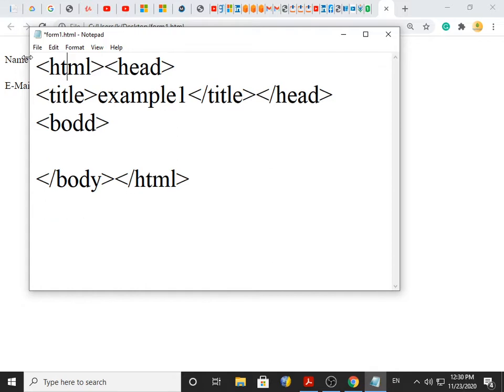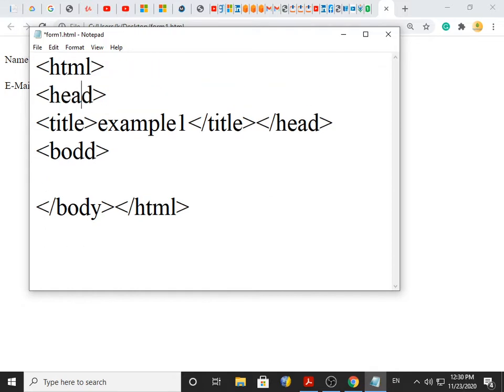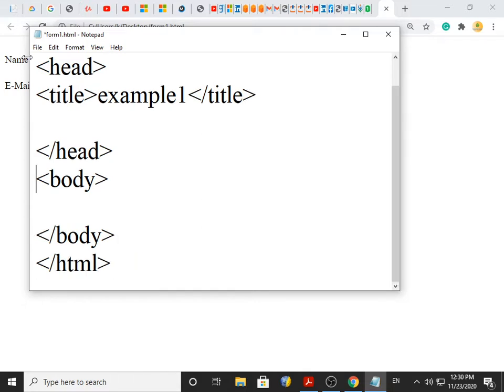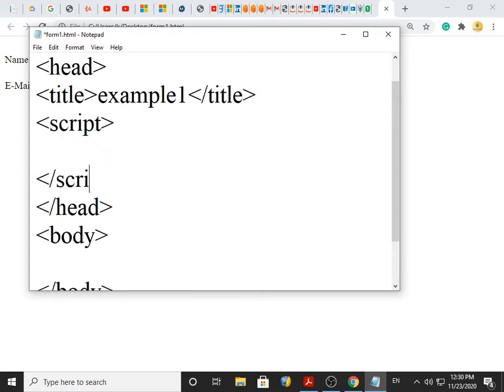Now this is our normal HTML page. You can see the HTML tag, head tag, title tag, then slash head, and then we have a body tag. Now the question comes here: how to write script. All JavaScript sentences you can mention between the script and slash script tags. Remember, all the JavaScript sentences must be between the script tag and slash script tag.